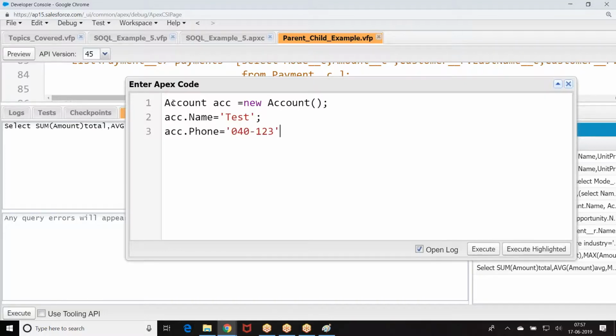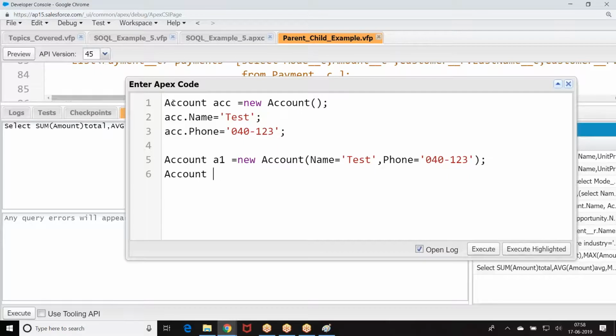Am I right? This is one of the formats. What other format can I use?